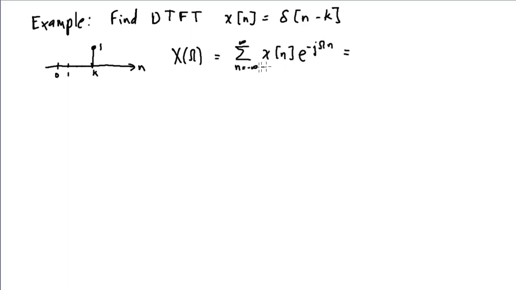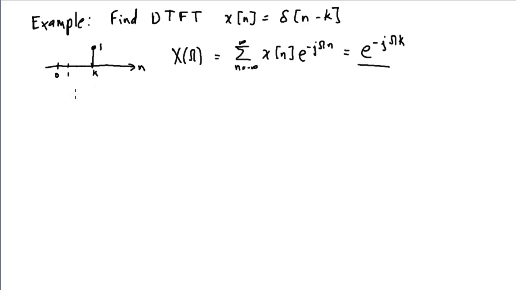Of course, x of n is 0 everywhere except at n equal to k, where x of n is equal to 1. So all other terms in the summation except the n equal k term will be 0. So we're left with just e to the minus j omega k as the result of the Fourier transform of